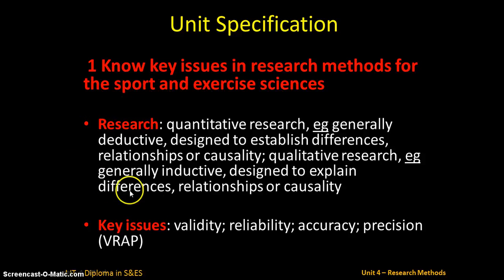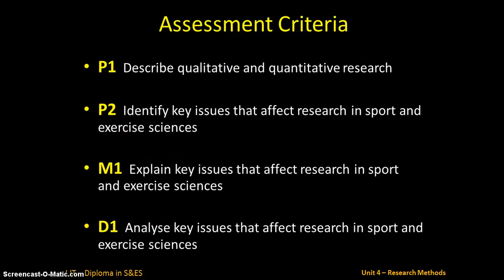Firstly, you're going to look at the different types of research that you might do as a researcher, quantitative and qualitative. And then the second task, you look at these 4 key issues to be very mindful of when you're carrying out research. Here are the assignment criteria. It's kind of divided like this. So P1 is task 1, P2, M1, D1 are all about those 4 key issues that we need to